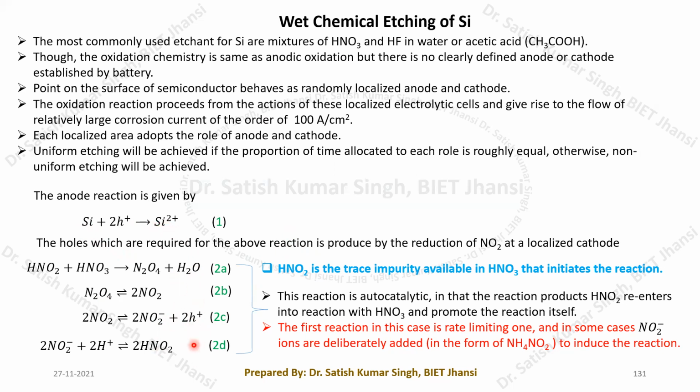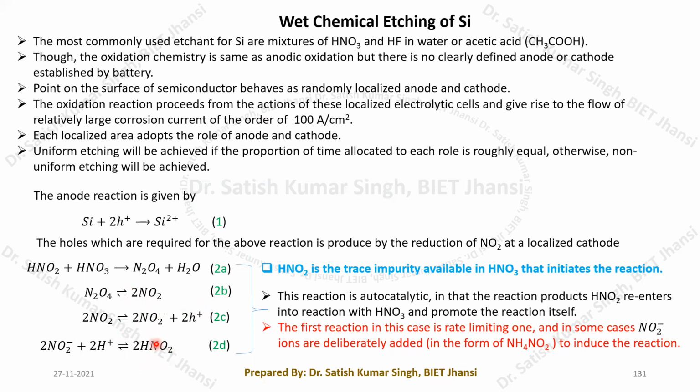Again, this particular byproduct reacts with this, and then it forms this product again, HNO2. So there are lots of reactions taking place. At some instances it forms this; sometimes it recombines and forms this particular product. So it is going to make these products when it is making the reactions.